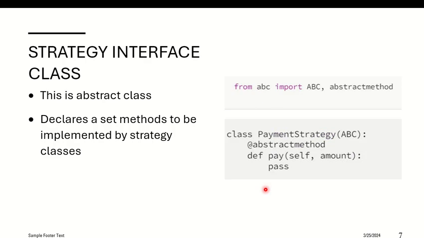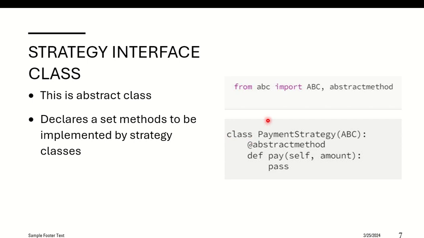Let's go to the second component of your strategy, which is your strategy interface class. This is an abstract class. It is an interface class. The abstract class declares a set of methods that must be implemented by all strategies. Look at this example. We are inheriting from ABC, and this is an abstract method. Recall that an abstract method is an empty method, and recall that an abstract class cannot be instantiated. Because it can't be instantiated,